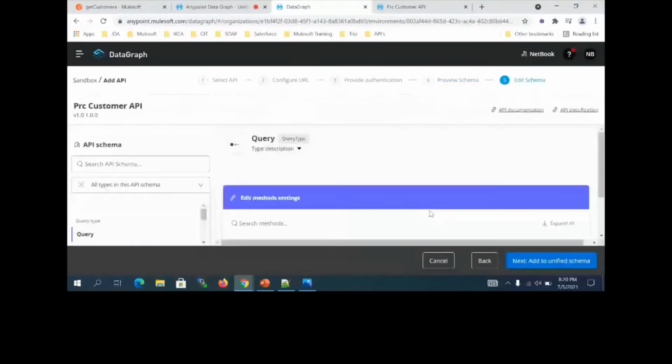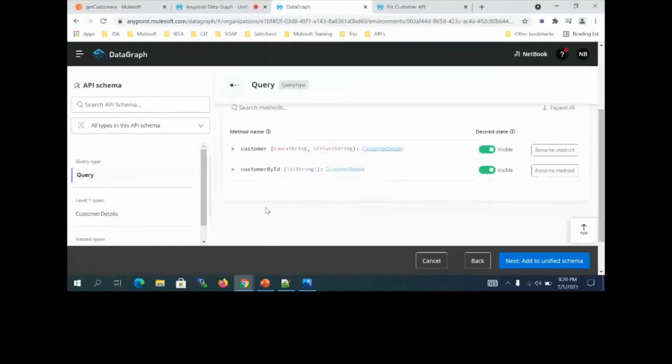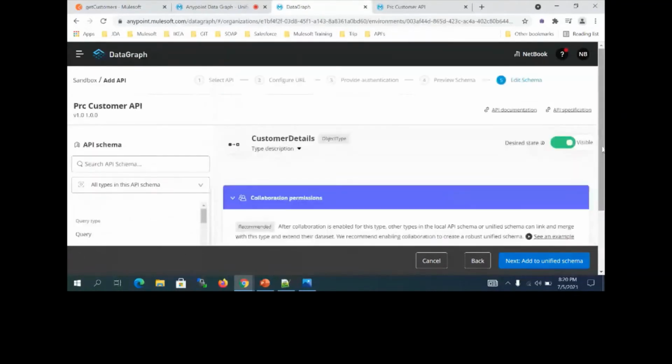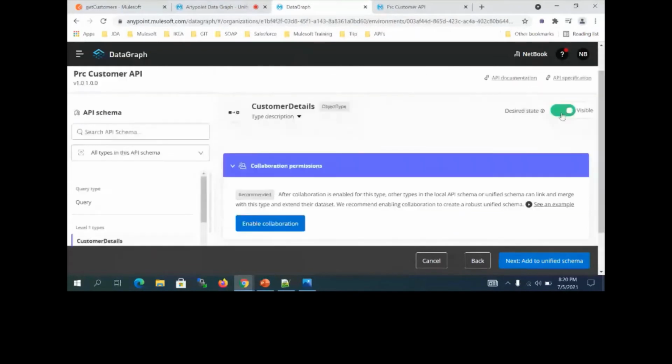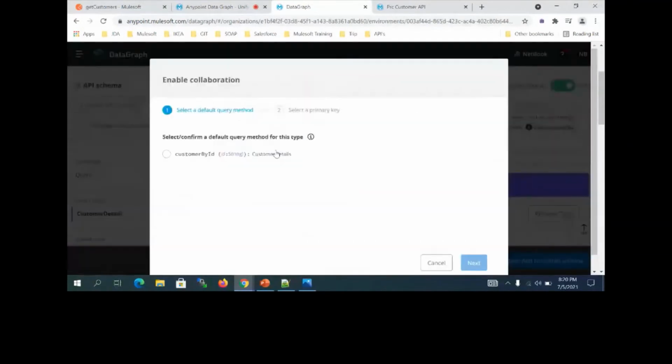Click on edit schema. Now you can add this schema. Now you can see customer details. If you want to access this data, you need to put it visible, and you need to enable collaboration. So the customer ID. Somebody asked the question how we can uniquely access, right?